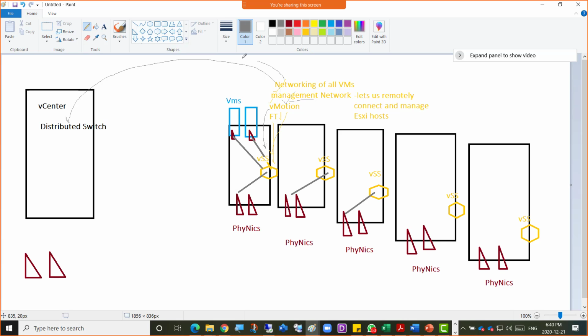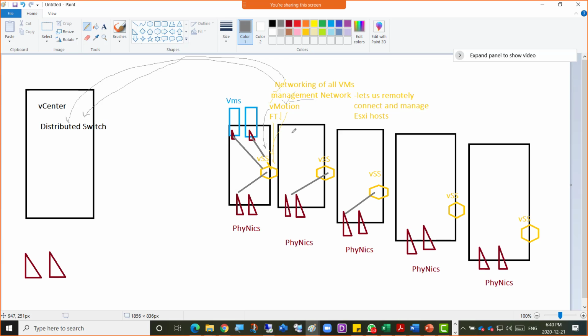The management network service of the hypervisors will be moved to the distributed switch, while the vMotion service and fault tolerance service will remain with the virtual standard switch. We can move them as well, yes, no problem, but we also need to prove that they can actually work together as well, right? So then the question arises